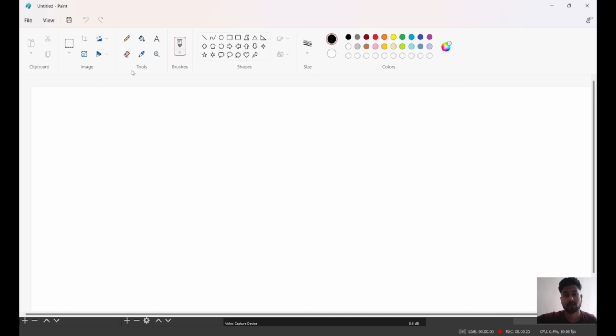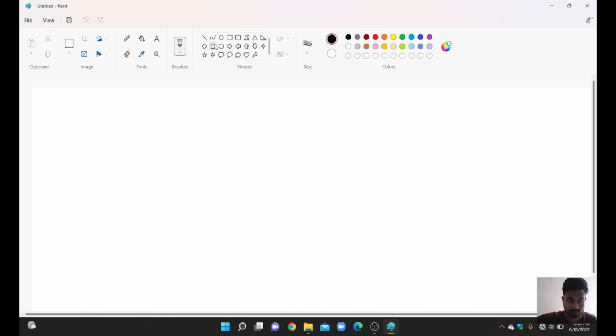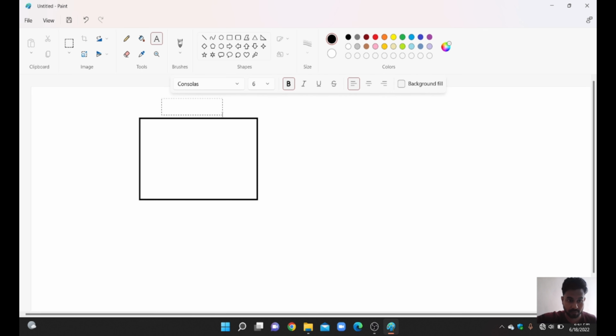In layman terms, let's consider an example where you want to build a house and you have given a contract to an engineer, or civil engineer I would say. Initially he is going to prepare a map for you, right? He will create a map for your house, right? So that map